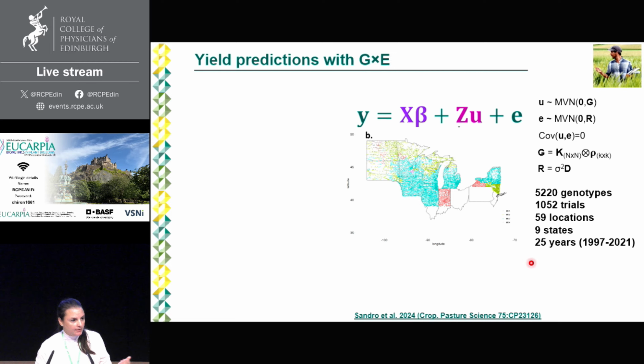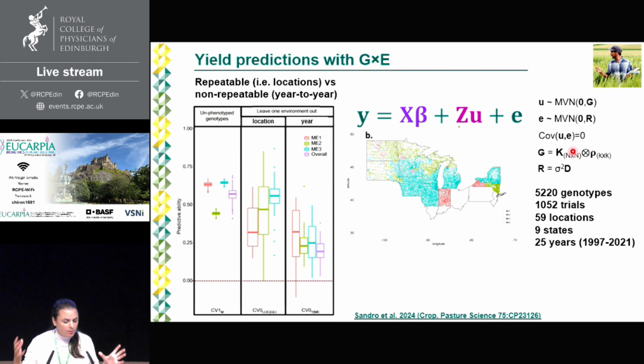And then we can do predictions, right? If we have this G/E modeling, we're modeling the correlation between environments. We have the relationship between individuals estimated with markers, and we can model this G/E. And this is just one set of results, and this is very standard. I'm just showing some of our results, but we're following on other people's research. And then what we can see is that if we're trying to predict a specific performance of one genotype in one environment with this type of models, the predictive ability is really good, right? And this works for each one of the mega environments, and across the mega environments, we get a very good